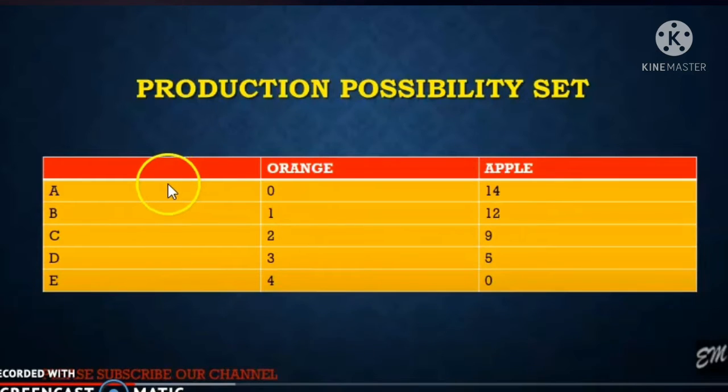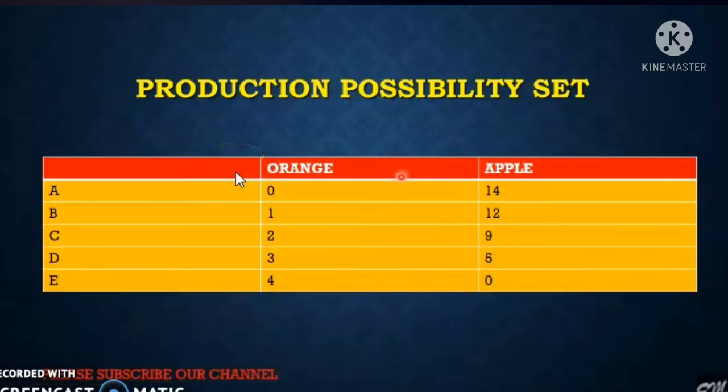Here we are seeing a combination, and you have to remember the assumptions. We are using all the technology which is available in our economy for the production of two commodities. For example, here it is given as orange and apple. There are different commodities you can see, but here we have to think that all the resources and all the technology are used for the production of only two commodities, orange and apple alone. It's just an example.